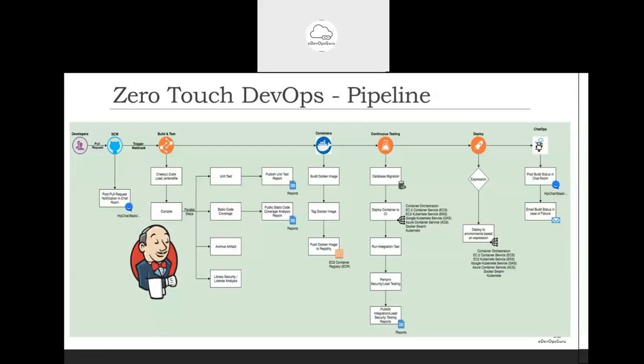So that central repository can be anything, like your local private repository or a public repository. The next part is, now we have done the code compilation, we have packaged the binary. Now it is time to do the testing. So it's basically continuous testing, so it doesn't require any human intervention.